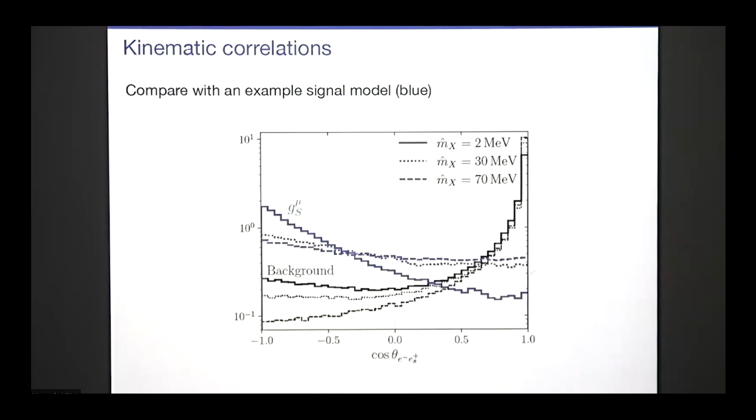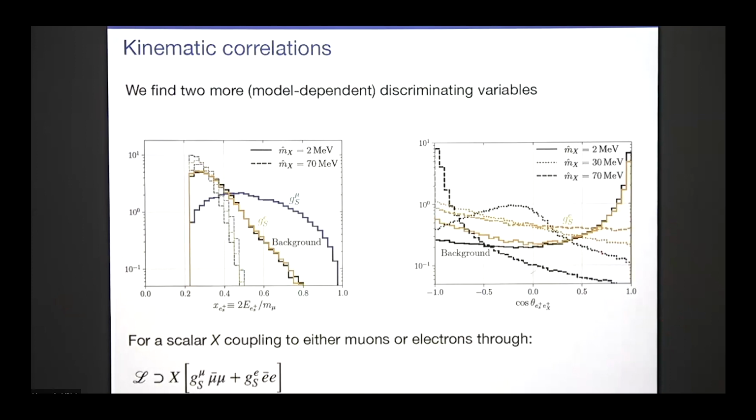Regardless of what invariant mass I chose to look for, the background is always peaked in the angle between this particular positron and the electron. While the signal, this is some example signal model, tends to be flat or slightly rising like this one over here. And so that's helpful. There are a couple other variables which you can extract from just looking at the amplitudes of the signal and the background and figuring out that these are beneficial.